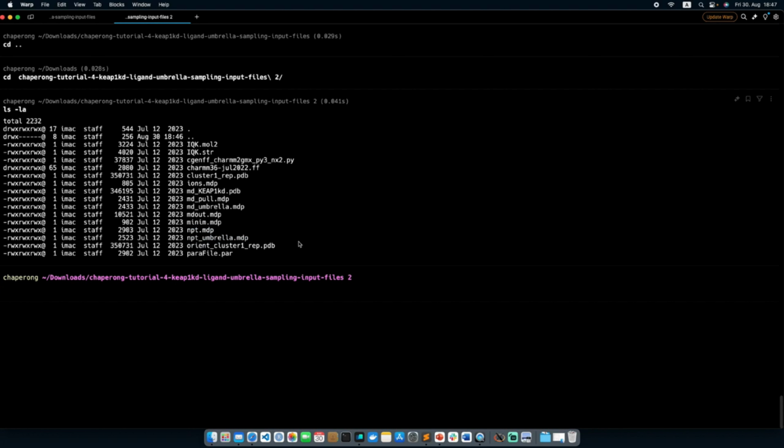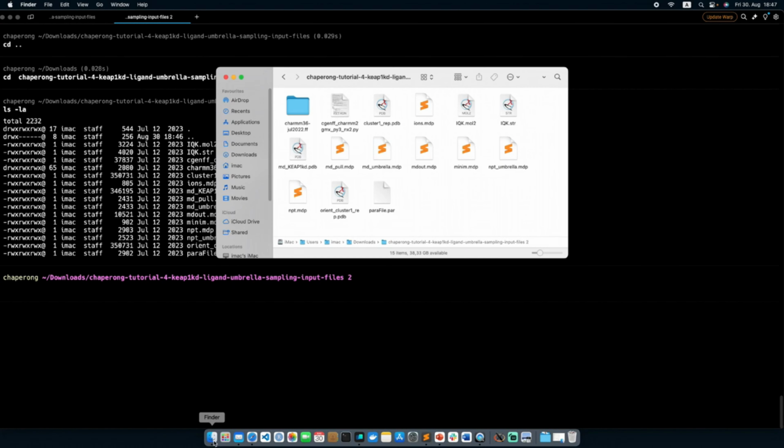I mean, there are many more calculations that you have to perform, and if you perform them individually, it will take more time. But by using ChaperonG, you can automate this workflow if you have all the files together listed over here. And one more important file is called parafile.par. This is the parameter file where you set all your settings. Okay, let's open this